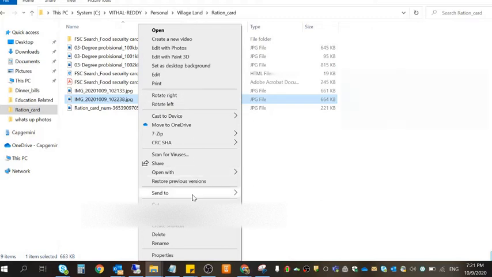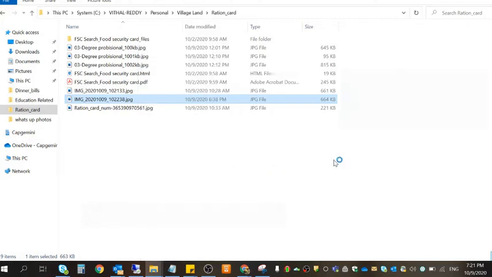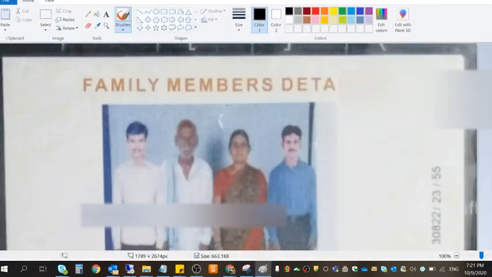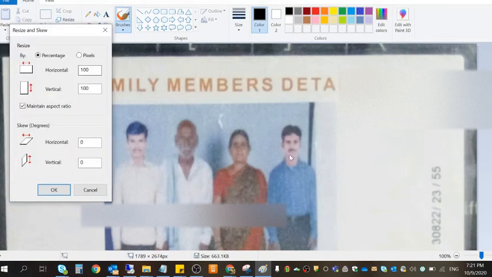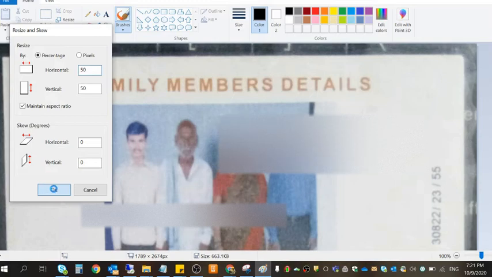Just right click and open with MS Paint. After opening, go to Home and click on Resize and Skew. After clicking on it, maintain aspect ratio is there. Just reduce it to 50%, then click OK.